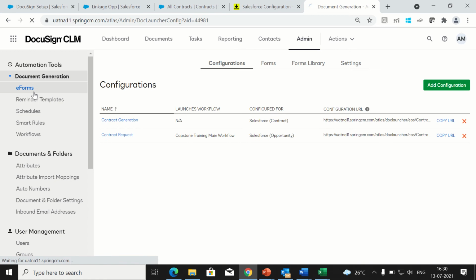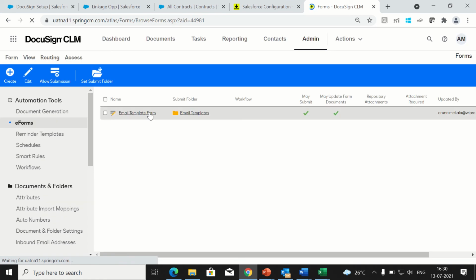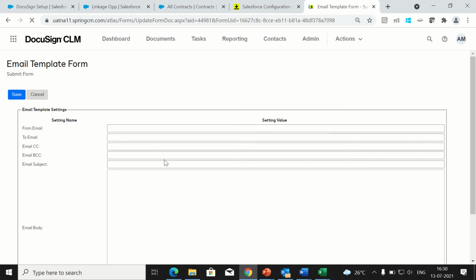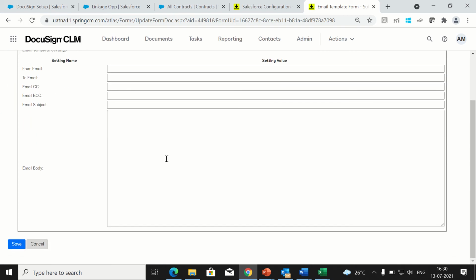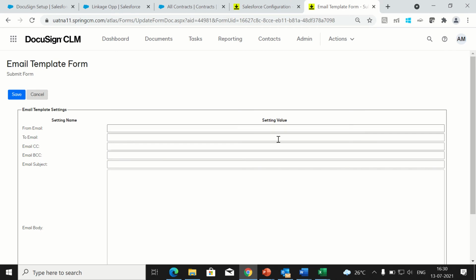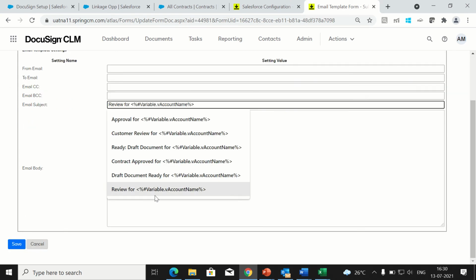Now I wanted to show the e-forms as well, as these e-forms are used to structure the email template. In our process, immediately after reviewing, after approving, or if any task is assigned, instead of giving the email body and subject many times, I created the email template in an SX form for each respective email. So for approval of any contract, this is the email being used. I can show the SX form as well.